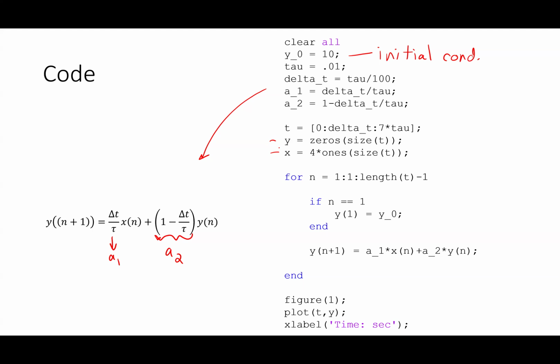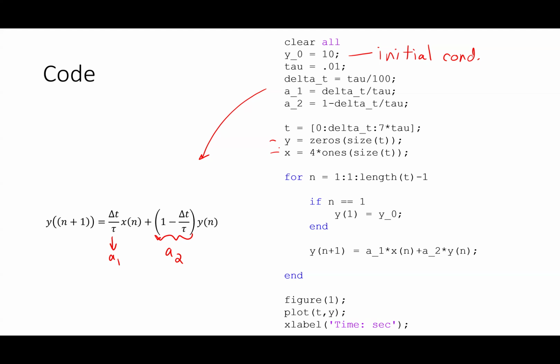When I say y equals zeros of size t, I'm creating an array of zeros, and what's the size of it? The same size that t has. So what kind of vector is t here? Is that a row vector or a column vector? It's a row vector. So I have a single row vector, y,